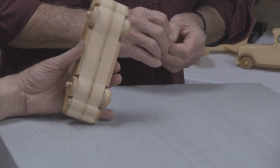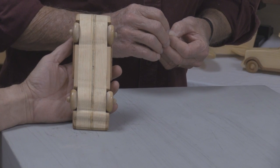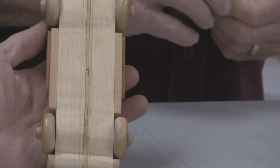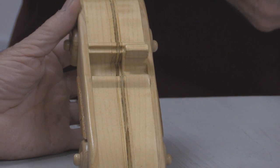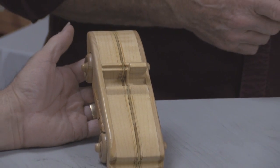He was just getting in close. Oh, see how it's got the different layers? He put a layer of plywood in the middle, which gave it the accent stripe, like they do on racers. So you wouldn't think about that. I normally wouldn't use plywood, but